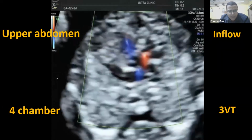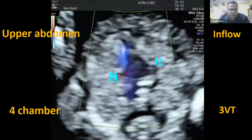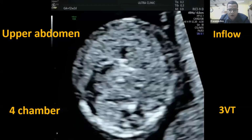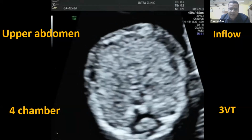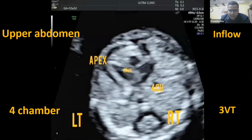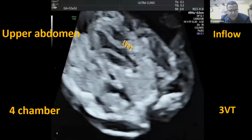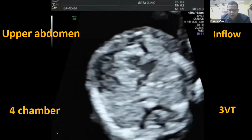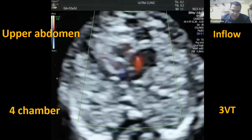And when we move up, the 4th level is the 3VT view or the arch view, where we can make out whether both the arches are crossing each other or not. And we can also make out whether there is any discrepancy between the size of the arches or not. So these are the standard 4 views which we need to examine in the first trimester. There are additional views also, but by these standard 4 methods, we can diagnose most of the anomalies, as we